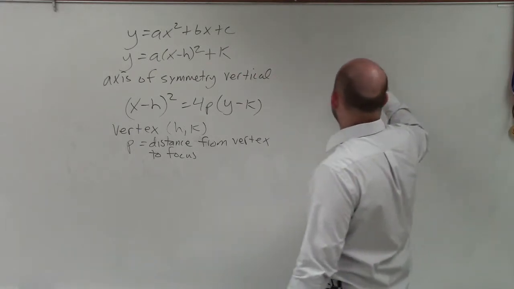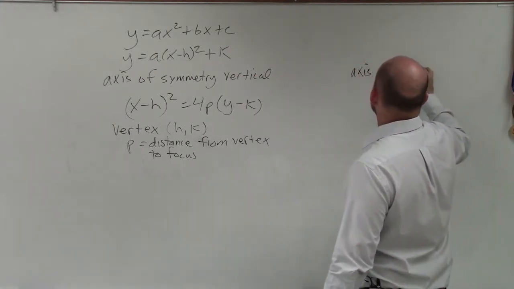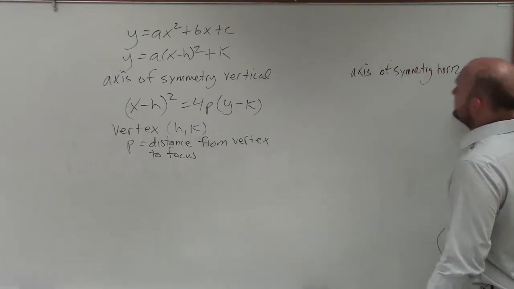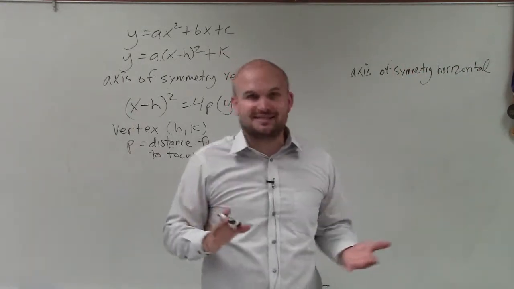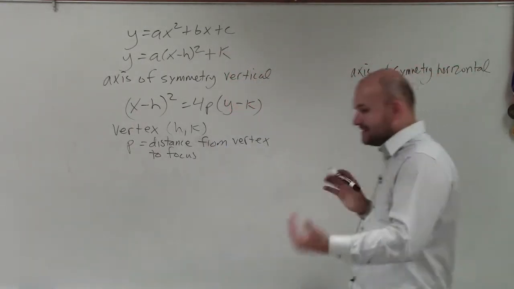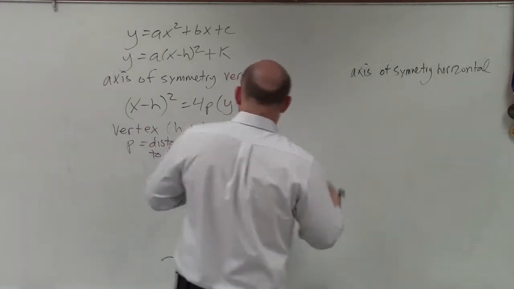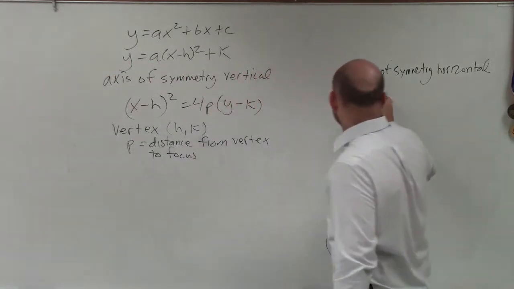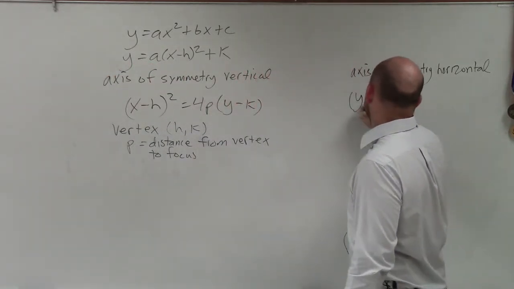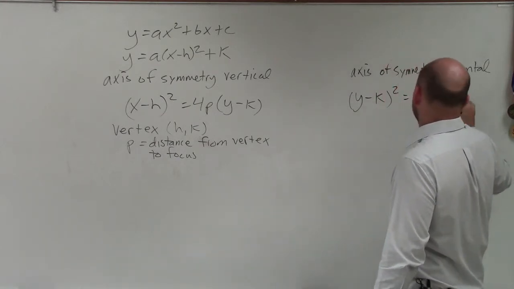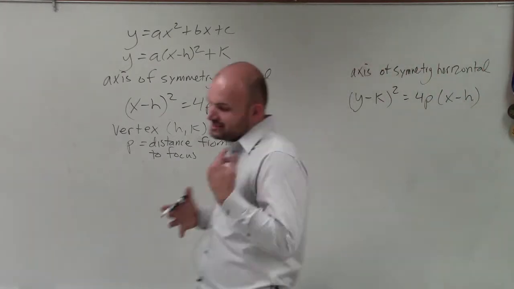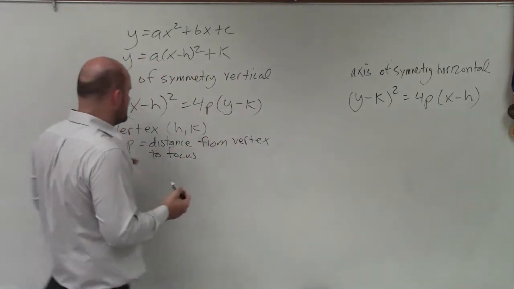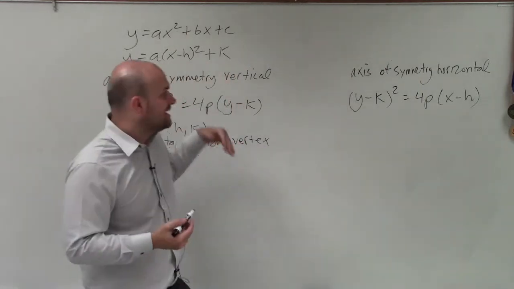The next thing is, what if we have an axis of symmetry that is horizontal? Now, that could be both of these two equations, and you just swap the x and the y. But in this case, when we're looking at the definition of conic sections, it's still very similar. You are swapping the x and the y, but you also have to make sure you take into account the h and the k. So here we'd have y minus k squared equals 4p times x minus h, where, ladies and gentlemen, you can see it's the exact same thing, and the vertex is still h, k, and p, the distance from your vertex to your focus, is still